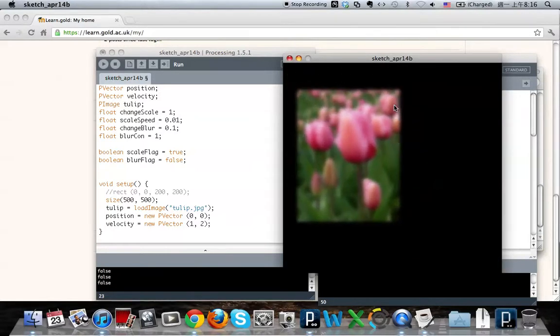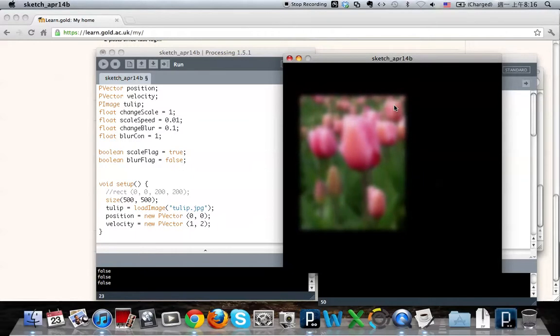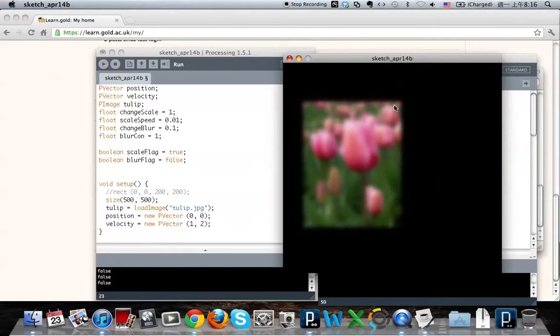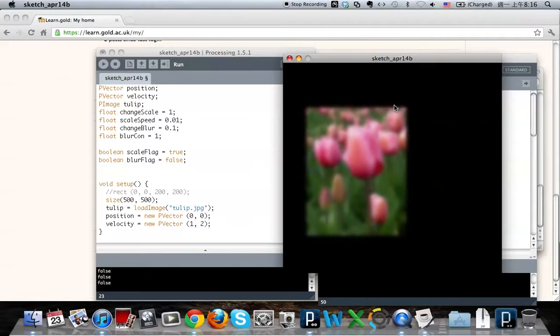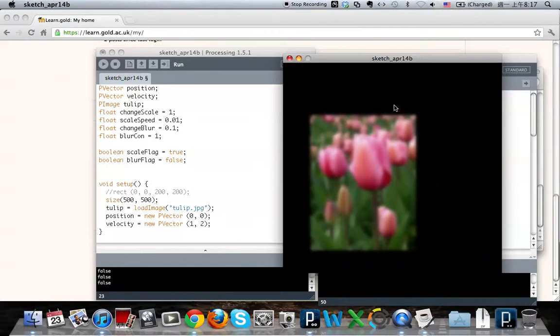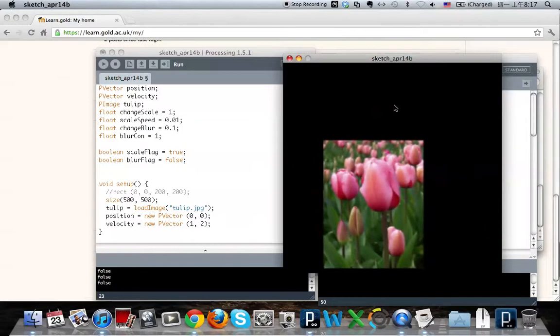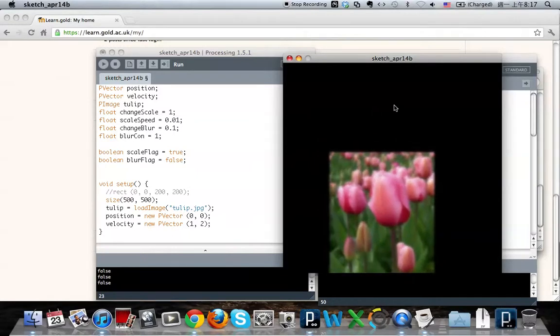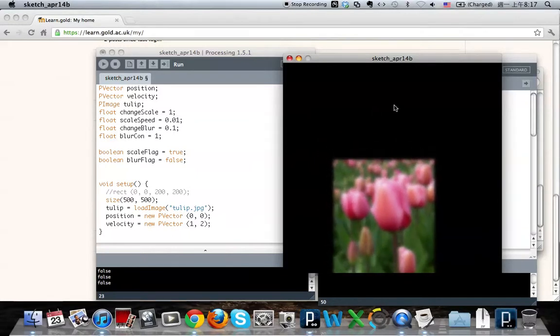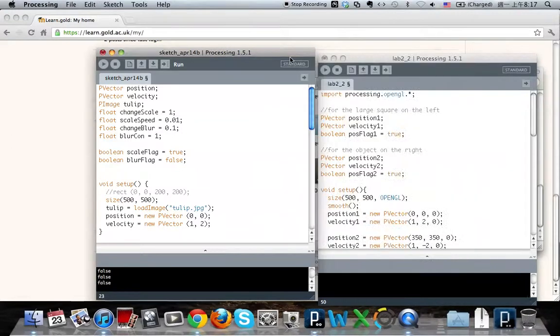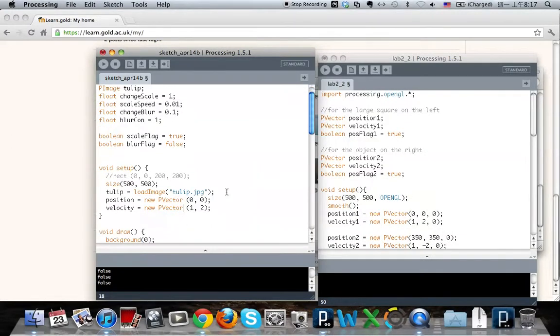While it's moving, the size and the blurriness of the image will change. So it will get bigger and smaller again, bigger and smaller. And it will get blurred and back to clearer and blurred again. So how I did that,